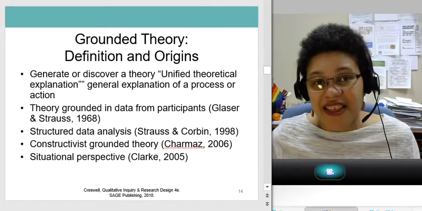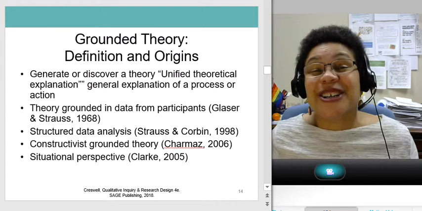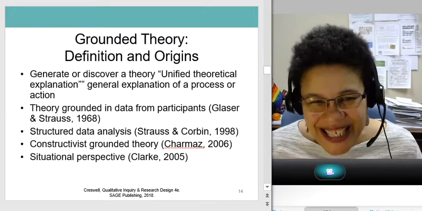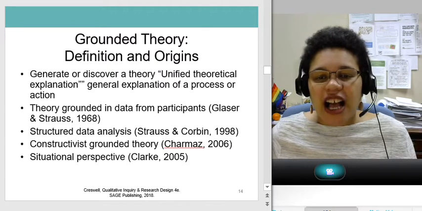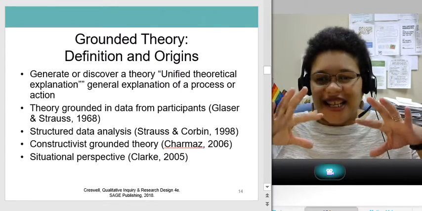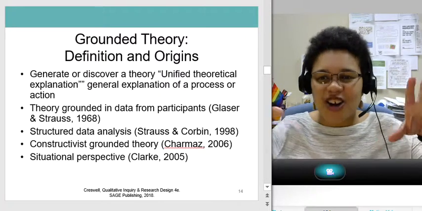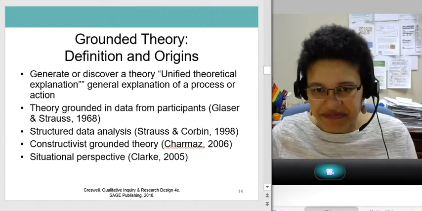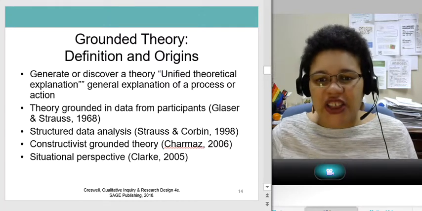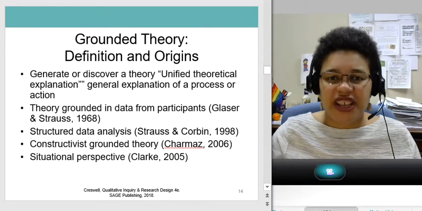And Glaser and Strauss are credited with discovering and describing grounded theory. Eventually they kind of had a falling out about how grounded theory should be done. And so there are kind of different flavors of grounded theory as a result.